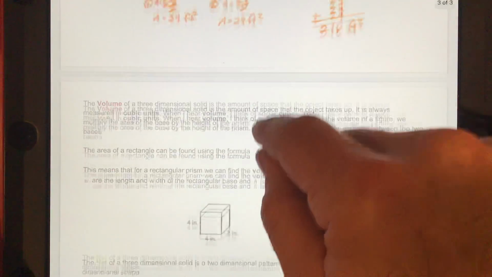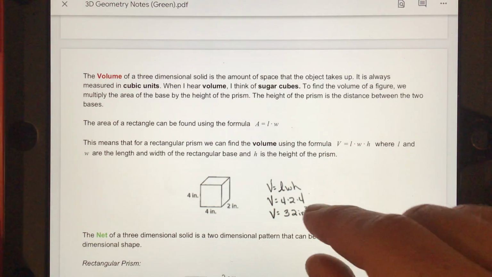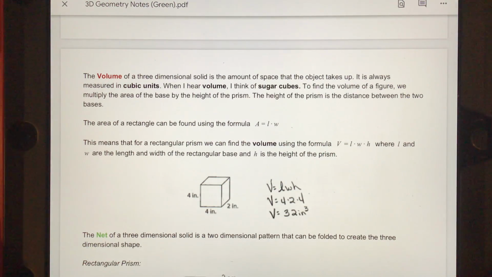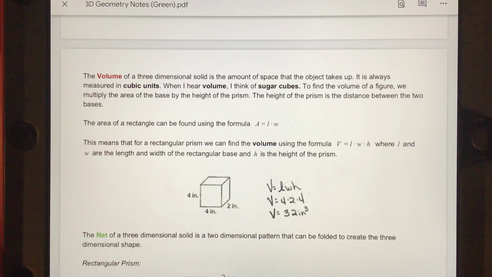And then when I hear volume, I think sugar cubes. So we're no longer measuring in a linear unit like we were with perimeter. We're no longer measuring in squares like we were in surface area or area. We're now measuring cubes. We're measuring 1 by 1 cubes. How many sugar cubes, for example, would it take to take up the same amount of space as the figure